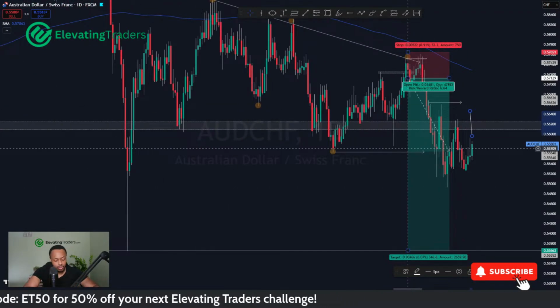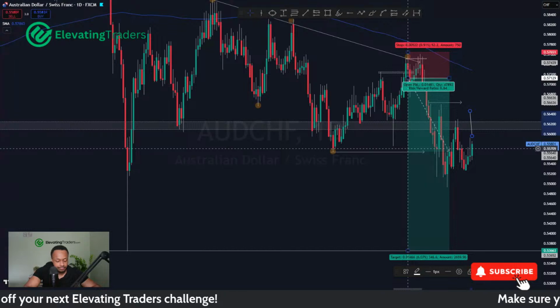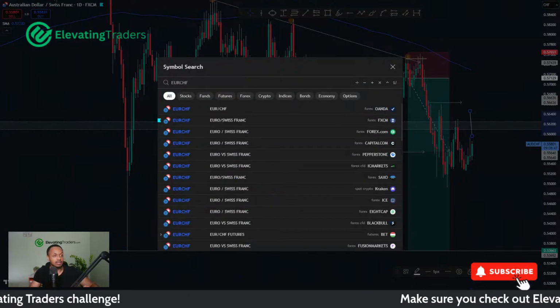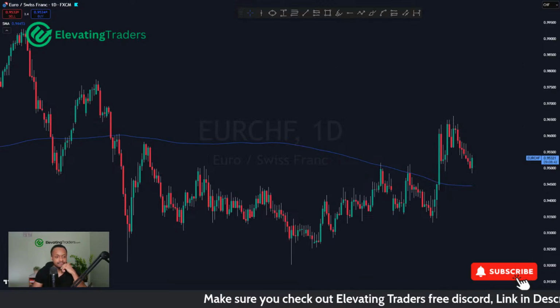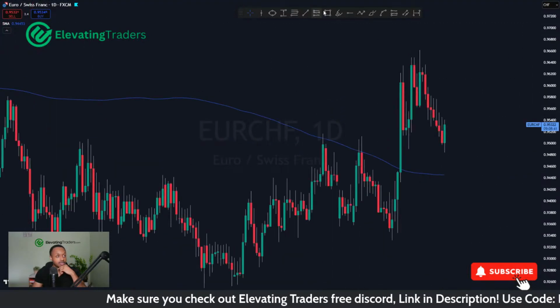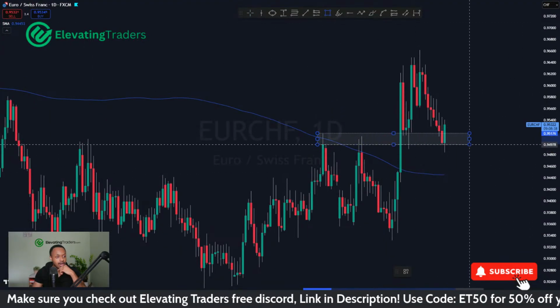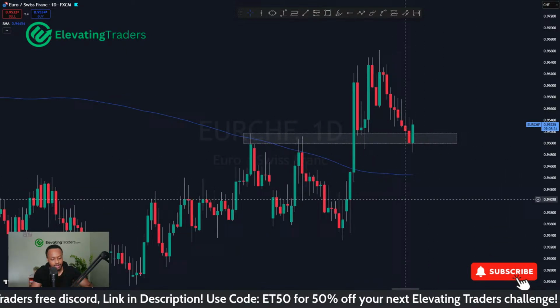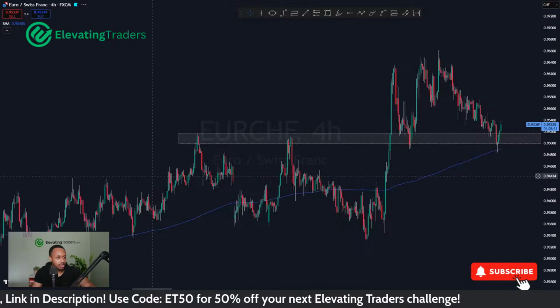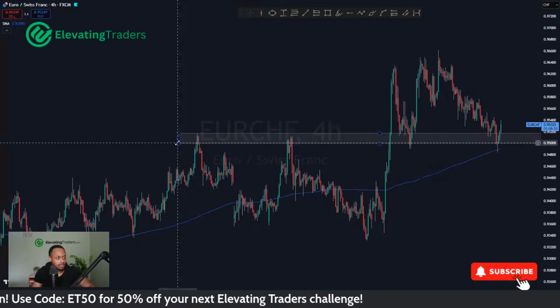And then of course you've got your lovely Euro CHF and CHF JPY. But CHF JPY I look at as a yen pair. But yeah, Euro CHF looks like it's trying to hold into this level. We did break through in the lower time frames, but on the daily chart, it looks like we're still respecting.